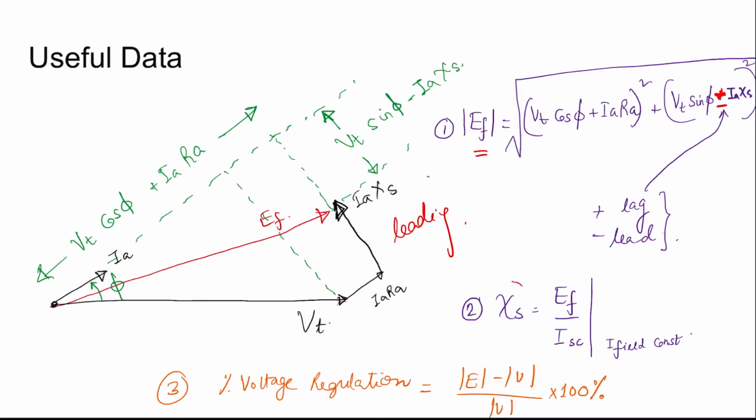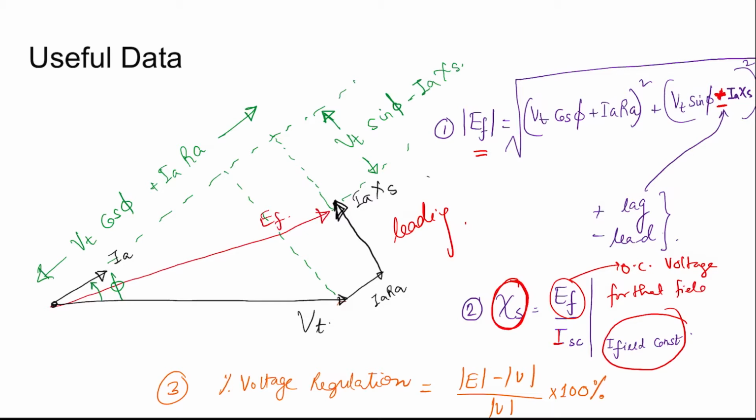Now the value of synchronous reactance as determined from the short circuit test is EF by ISC, that is short circuit current for the same field current. EF is the open circuit voltage for that field current for which you perform the short circuit test to circulate the rated current in short circuit condition. Please understand that it is for that field current only. The I field is constant, so that voltage divided by that short circuit current gives the value of the synchronous